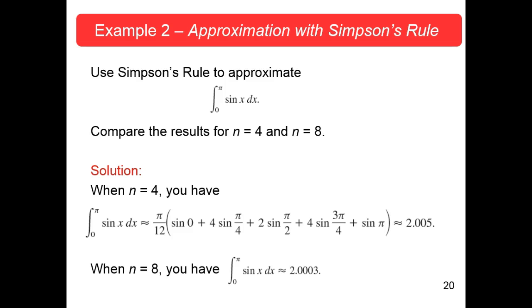This time you have 4 times sine of pi eighths, 2 times sine of pi fourths, 4 times sine of 3 pi eighths, 2 times the sine of pi halves, 4 times the sine of 5 pi eighths, 2 times the sine of 3/4 pi, 4 times the sine of 7 pi eighths, and then you have your sine pi, which is 0. So you have more things here, a little bit bigger coefficient,